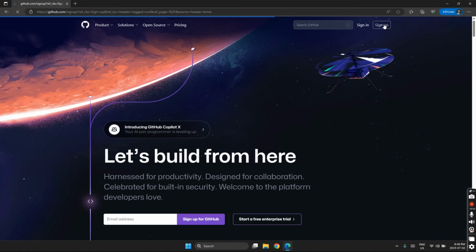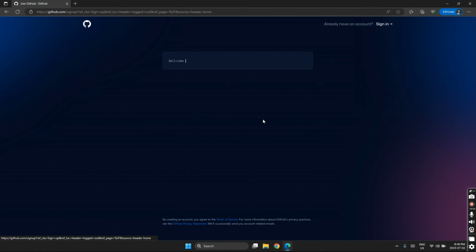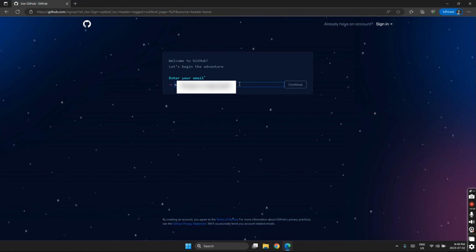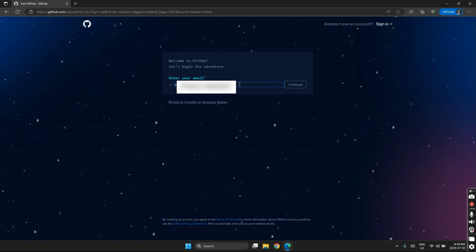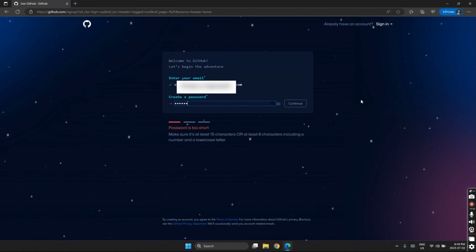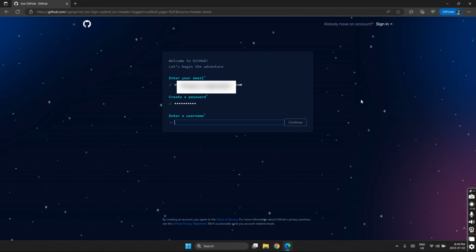So our first step would be creating a GitHub account. If you already have a GitHub account, you can skip this step, otherwise follow along. Go to github.com, click on sign up, enter your email ID, click on continue, create a password, create a username,